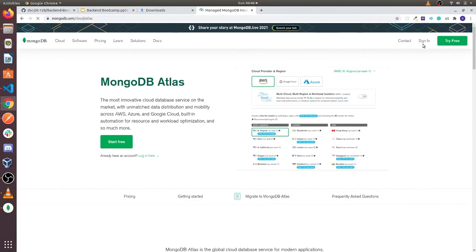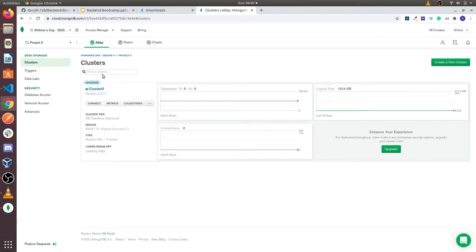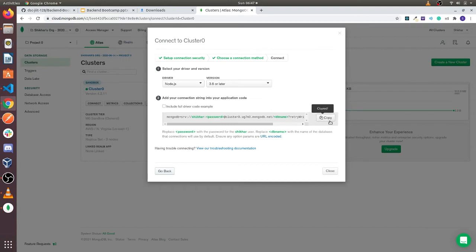Let's now use it to give you a better understanding. First of all, we need to connect our Node application to the MongoDB cluster. For that, we'll just go to MongoDB Atlas. As you can see, I have already made a cluster. If you don't have a cluster, you can use the steps given in the document provided in the description below. So this is our connection string.